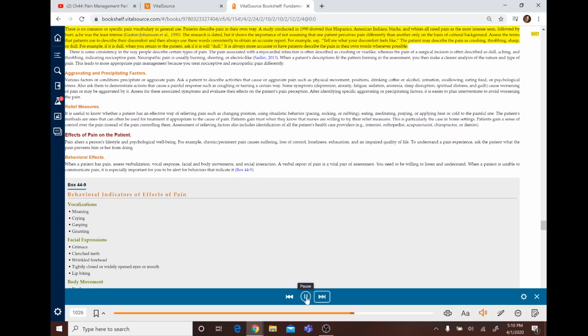Quality. There is no common or specific pain vocabulary in general use. Patients describe pain in their own way. A study conducted in 1990 showed that Hispanics, American Indians, blacks, and whites all rated pain as the most intense term, followed by hurt. Ache was the least intense (Gaston-Johansson et al., 1990). The research is dated, but it shows the importance of not assuming that one patient perceives pain differently than another only on the basis of